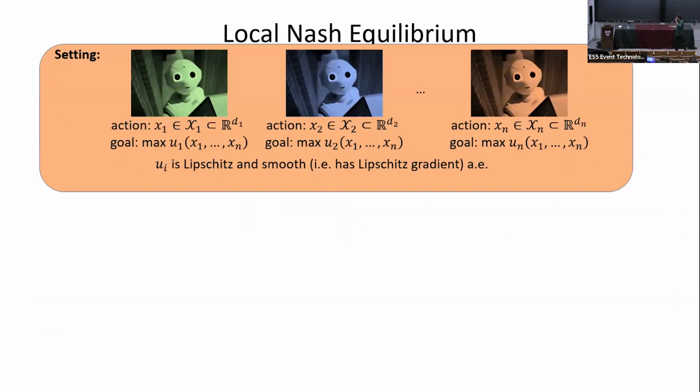Okay, so let me address the first kind. So again, in a single agent setting, if you're optimizing over a convex compact set, there is a global optimum, but it's intractable. So you're targeting local optima. In the multi-agent world, the situation is a bit more complicated, right? So global Nash equilibria don't exist. So the question you want to ask is, okay, can we,